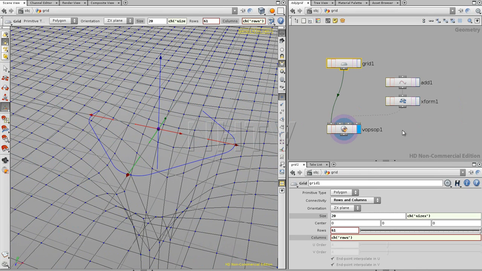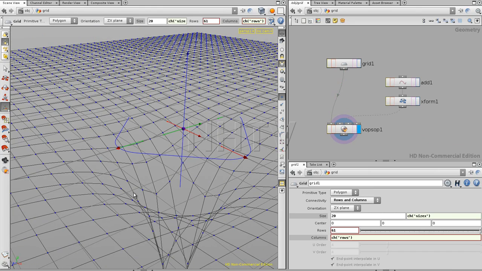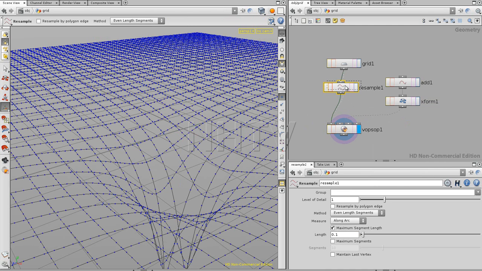So I'm going to set this to, let's say, a value of 20. Now you see these very harsh lines, so what I'm going to do is resample the whole thing. And so when you resample,